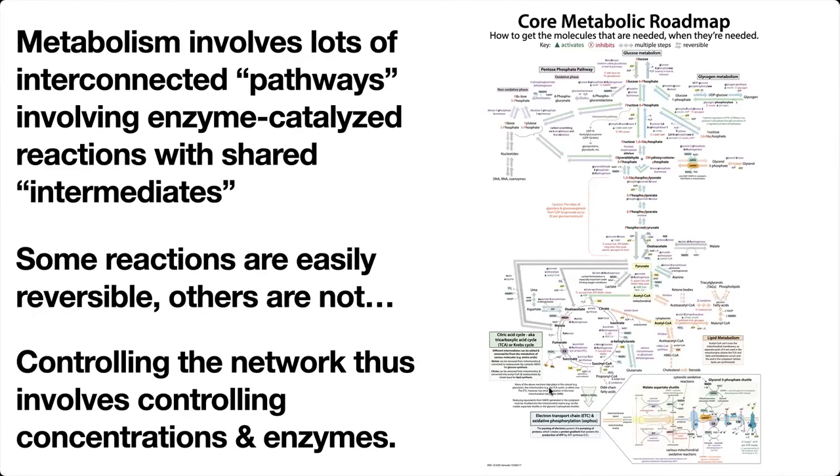Although metabolism is often thought about in terms of isolated pathways, it's really more like an interconnected net. And the intermediates of one pathway are intermediates of another pathway too. And some of these reactions in those pathways are going to be easy to reverse. And so you can more easily siphon things off into one pathway versus another, but then, oops, you change your mind and now you go back.